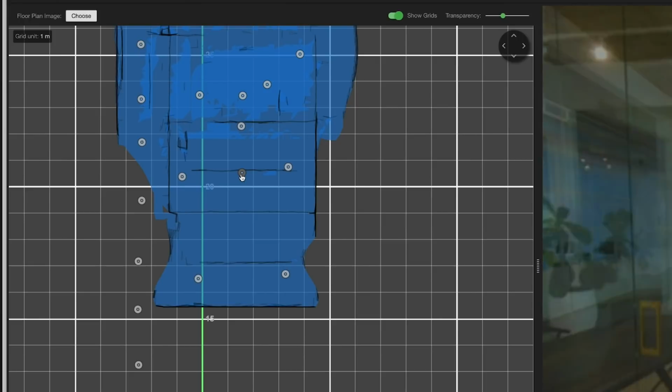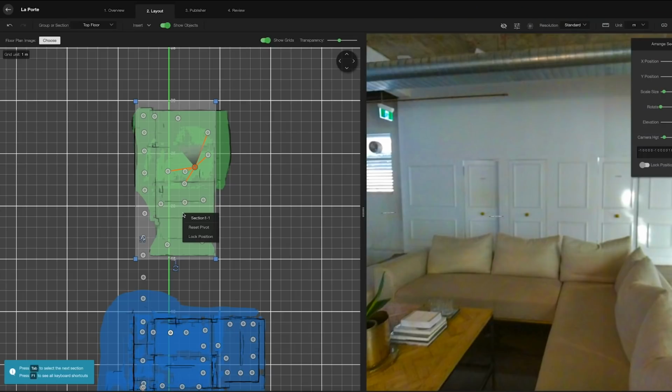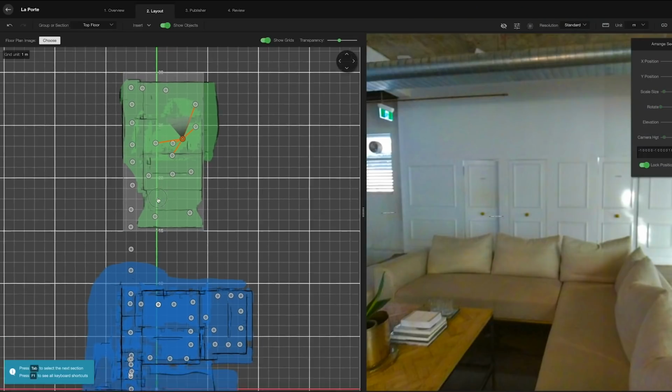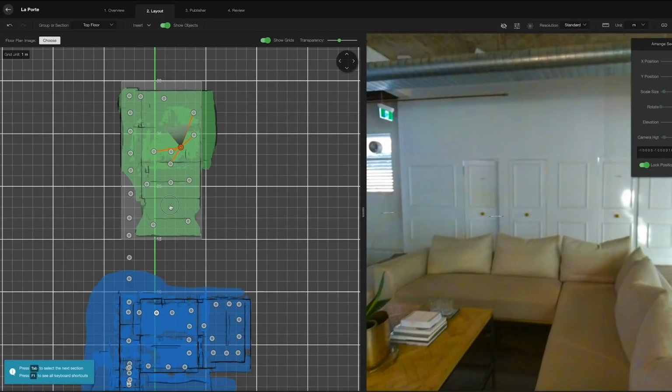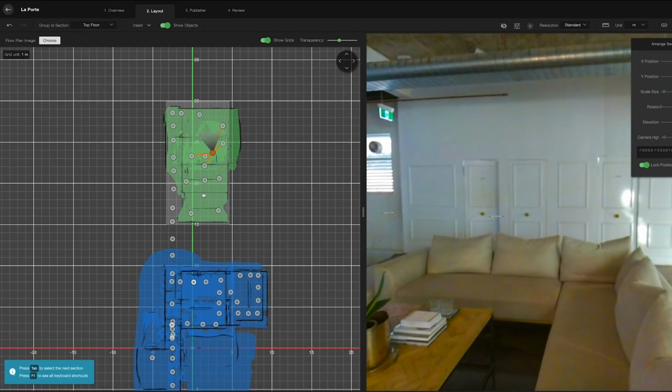So when we navigate to each individual point, we can see exactly which other points are connected to that. And I think that's too many there. I don't want it connected to this one up here. So all you do is edit connectivity, and I'm going to click on that, and that just removes that connection point, because I don't want people taking 2 steps. I only want them taking 1 step. And again, right click, exit. When you're happy with your connectivity, you want to right click and go lock position. That just means the entire section isn't going to move when we click and drag that. Cupix now knows that this is where it should be.